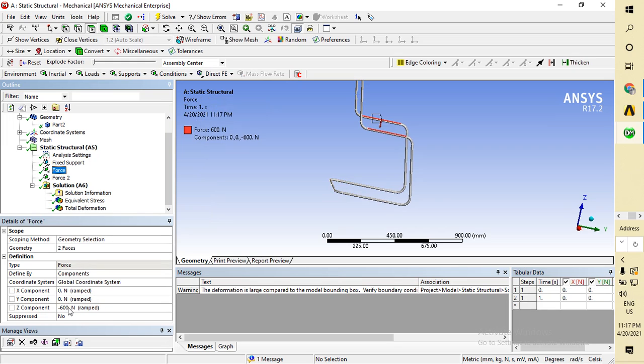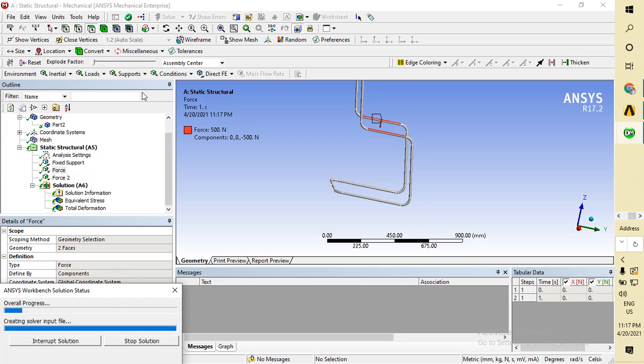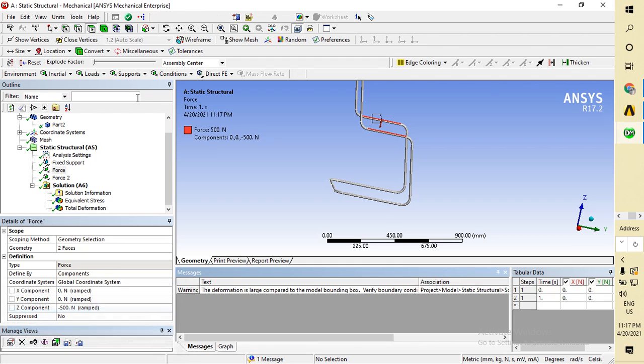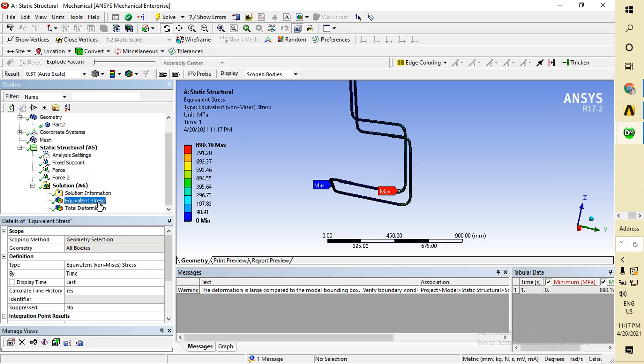For now I'm decreasing it to a suitable value, that's 600 Newton, I will decrease it to 500 Newton. Okay, and solve. For this still again it will show 890.